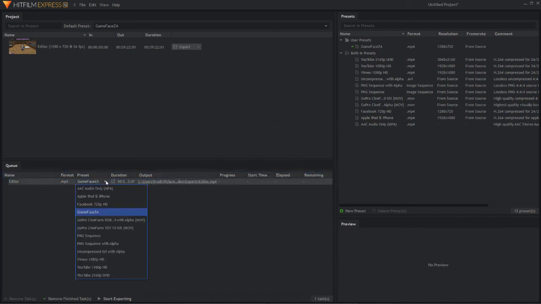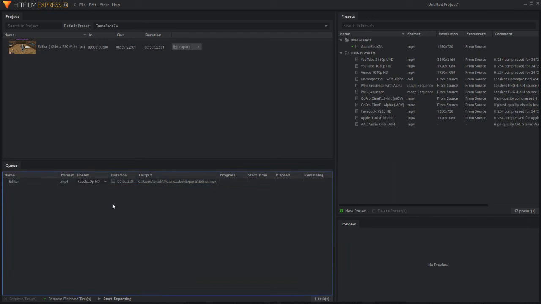You're not losing anything. So you can go to preset. You can choose Facebook 720p, whatever you want here. So let's go Facebook 720p. That'll be perfectly fine for what we need over here. You can also make your own presets, but I'll get into that in a different video. So then you can just right click, start exporting,